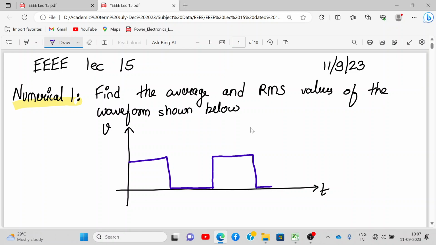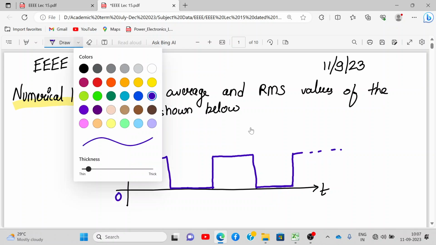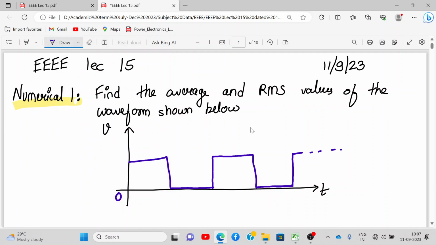It's a square waveform and it will repeat itself. Okay, this is 0, this is capital T by 2, this is T, this is 3T by 2, this is 2T, and this amplitude